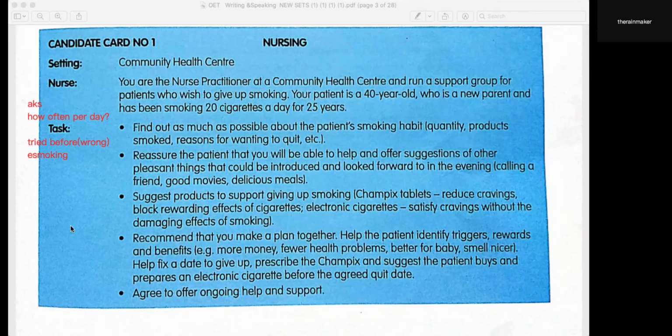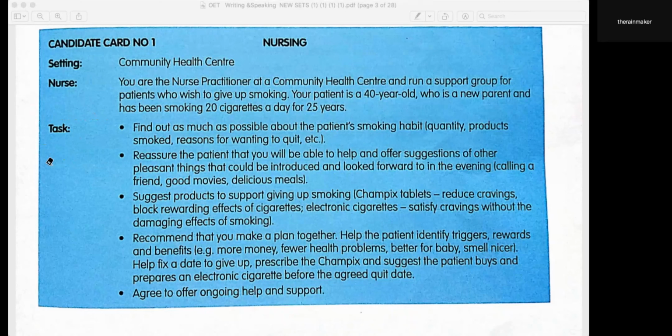Why do you want to give up smoking? How many years have you been smoking? How much do you smoke? What kind of cigarettes do you smoke? How do you smoke? What do you smoke? You can ask many questions to involve the patient. And then give some compliment regarding the patient's determination and interest to quit smoking. So you're not encouraging the patient, and you're talking about the same thing basically over and over. You haven't framed it properly.